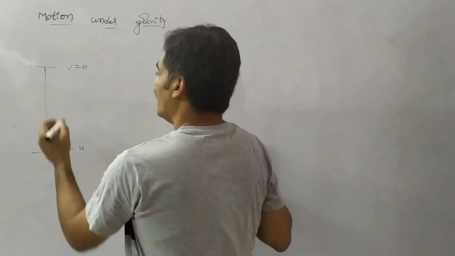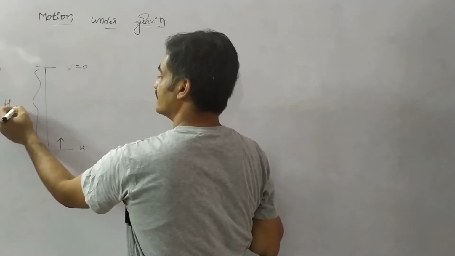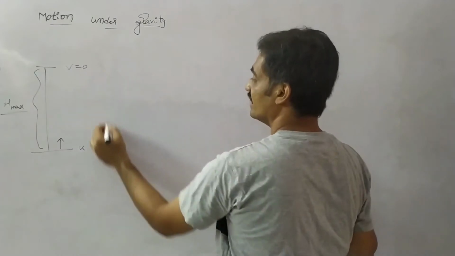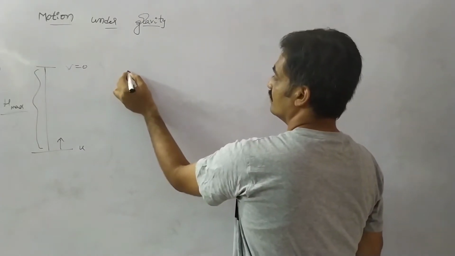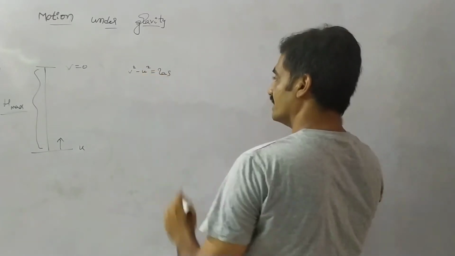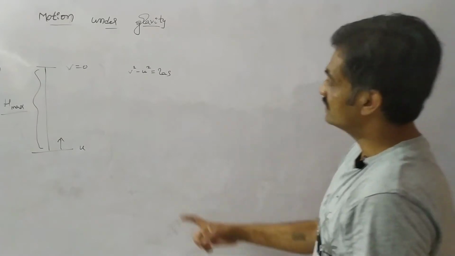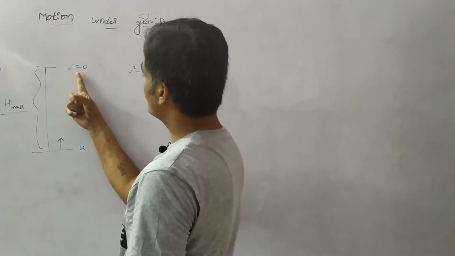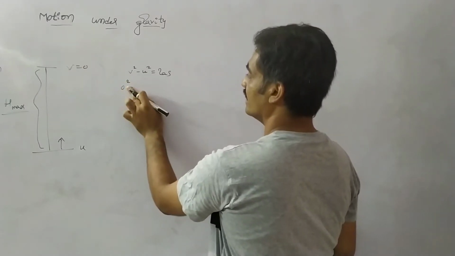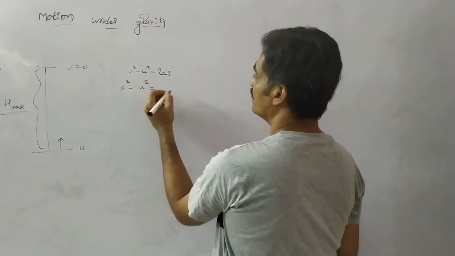So here the height traveled by the body has to be represented in this case. We have to find the maximum height, and this maximum height is derived by using the equation v square minus u square equals 2as. So here the final velocity is 0, then we can write it as 0 square minus the initial velocity u square equals